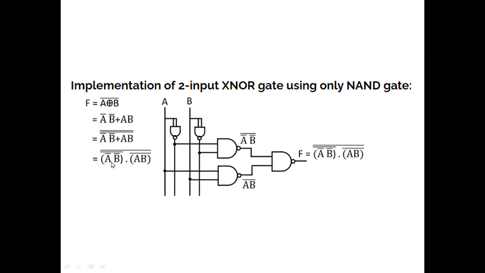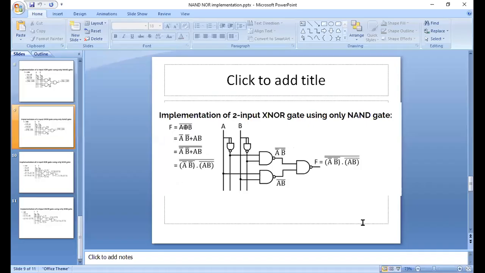So this can be implemented by using NAND logic, and this is with another NAND gate, and this is with another NAND gate. Here I am having A bar and here I am having B bar. A bar and B bar given to a NAND gate gives the first component, that is (A bar B bar) complement. Next here it is AB NANDed, so it is (AB) complement. With another NAND gate it will give you the answer.